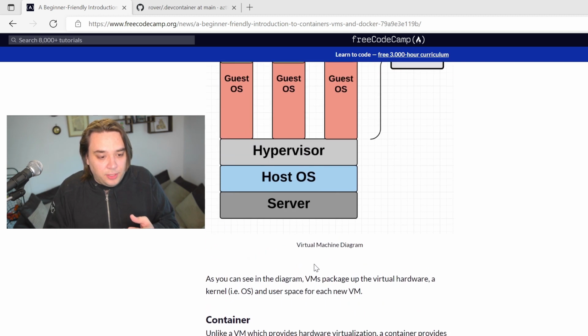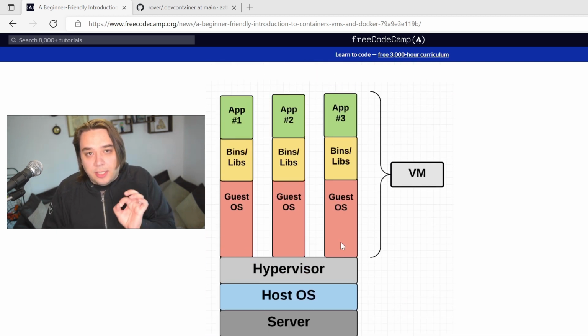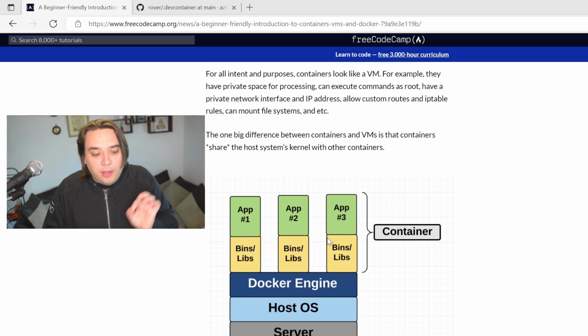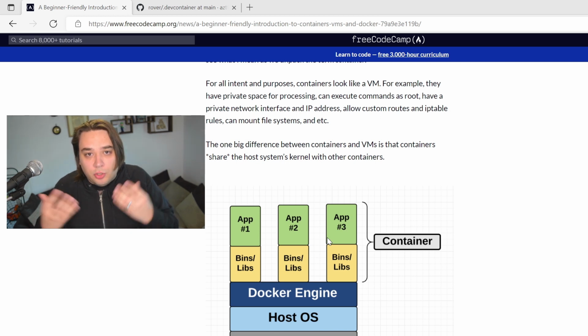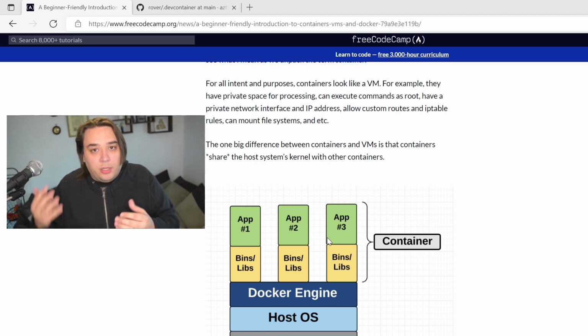But notice the difference: it doesn't have a guest OS, so I don't have to worry about stuff such as a network interface card or storage or anything like that. I can just run it and not worry about what computers I'm running it from. So that's essentially what Docker containers are. Now let's get to installing Docker.